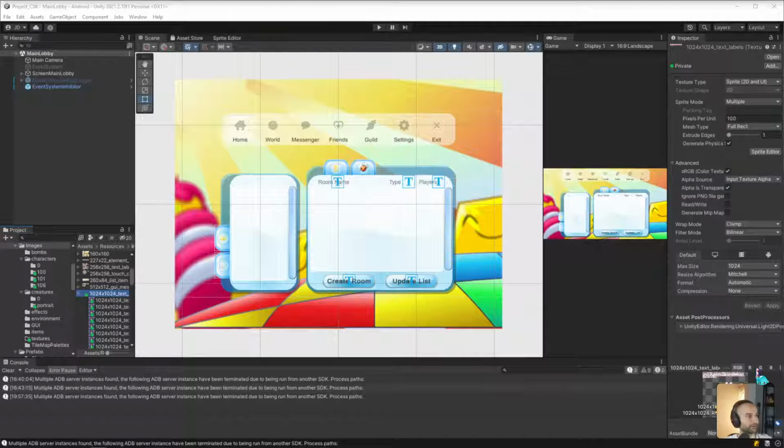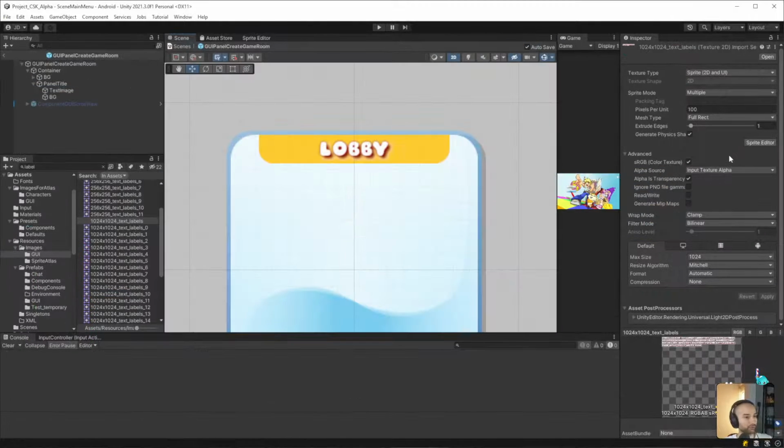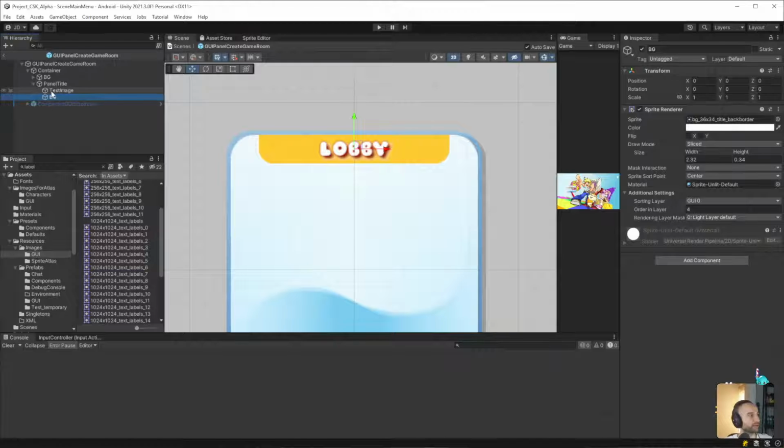That looks about right. I just want to make sure I got all of it, really. That's all I care about. Okay, so with that, I should now be able to say apply up here. Okay, now I should be able to swap out the sprite. Oops, sorry, wrong screen. Now I should be able to swap out the sprite.